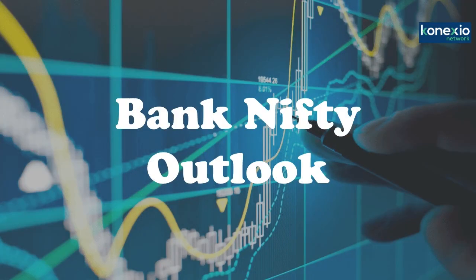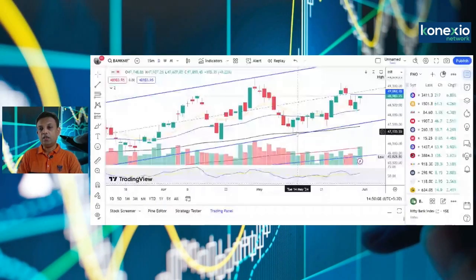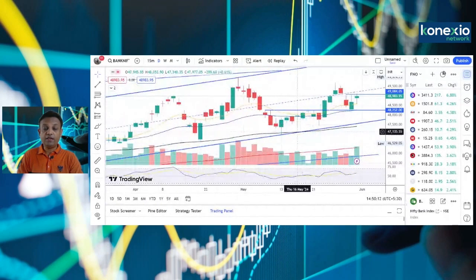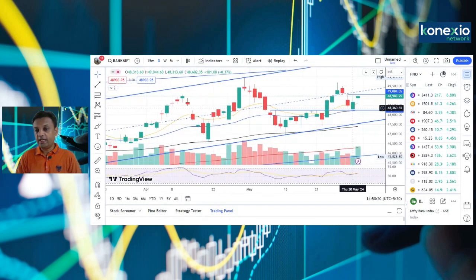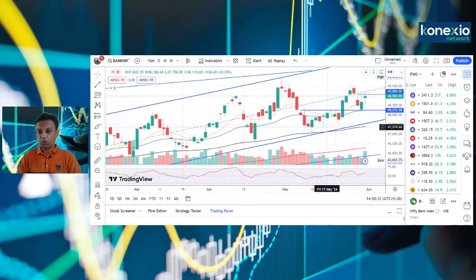Now, friends, let us discuss the Bank Nifty daily charts. So let us go to the Bank Nifty daily charts and we'll try to figure out what is the pattern which has been formed. Now, compared to Nifty, you can clearly see Bank Nifty was stronger than Nifty. You can clearly see Bank Nifty didn't correct as much as the Nifty. So already the momentum is positive. You can clearly see the setup is poised to break this congestion breakout of the last three trading sessions. Bank Nifty has potential to test the levels of 50,000, and if it breaks 50,000 and closes above those levels, then it might test the level of 51,000 also in the coming trading sessions.